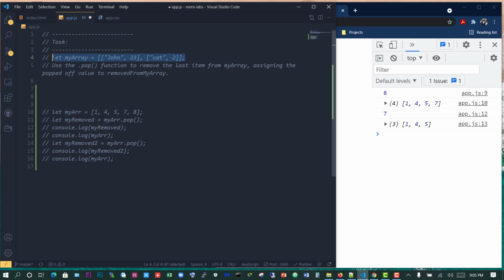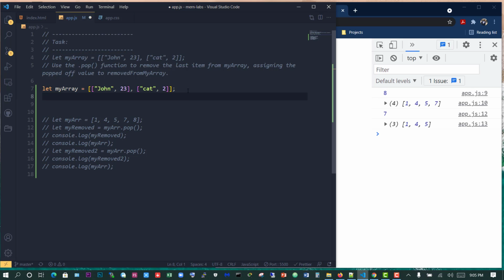So I'm going to take this, place that here, and now I need to assign the popped off value to this. So I will say let removedFromMyArray,